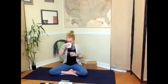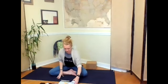So as you get yourself settled and comfortable, you may already be in your position of choice. Notice if you need to make any little wiggles or fidgets to make yourself even 10% more supported or at ease. Notice the temperature if you need to shed a layer or add a layer to keep that warmth in. And then once you settle in,